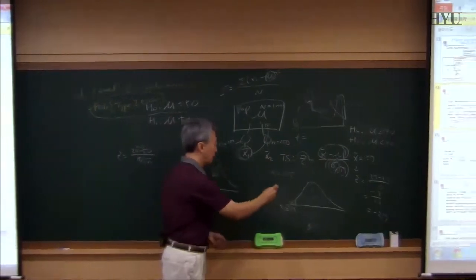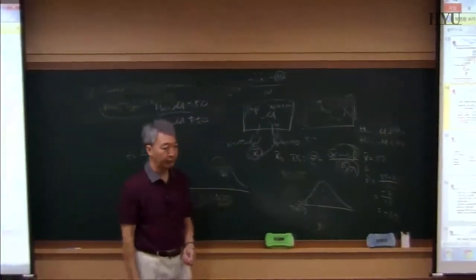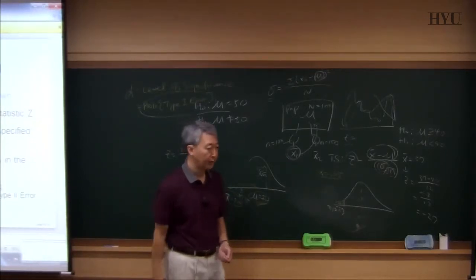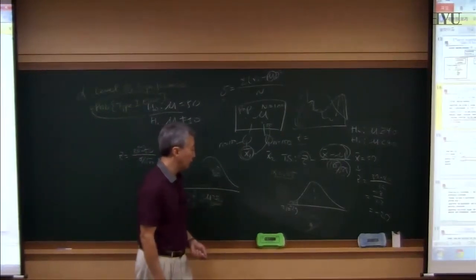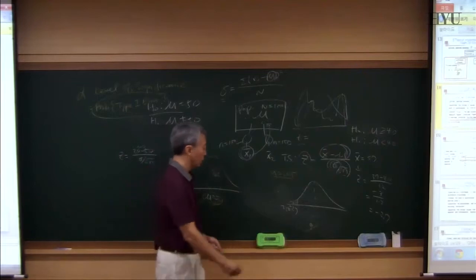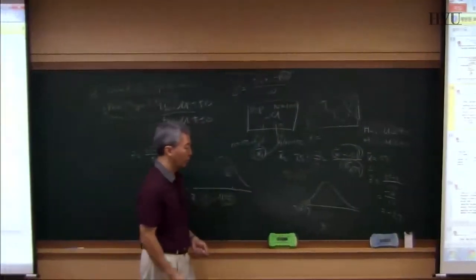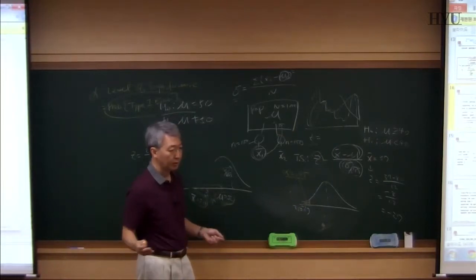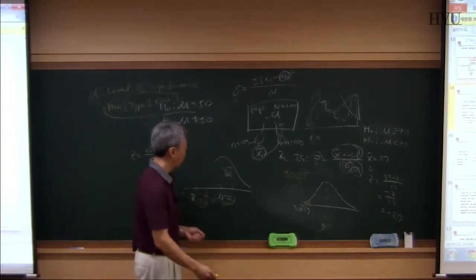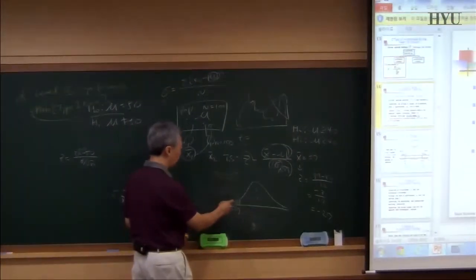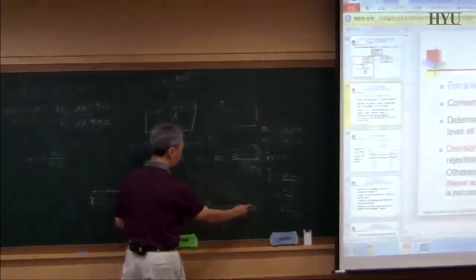That means the alpha level is 0.05, because that means they are allowing a 5% probability for type 1 error, right? If you want to be 95% confident, then if you're running a one-tailed test, you can allow the entire 0.05 on one side. You don't have to distribute it on both sides, right? And if it were a two-tailed test, then you would set up 0.025 here and 0.025 here,